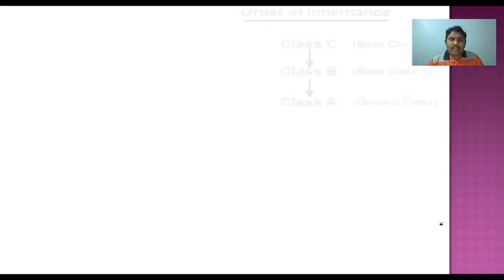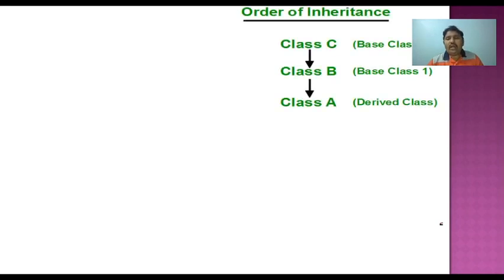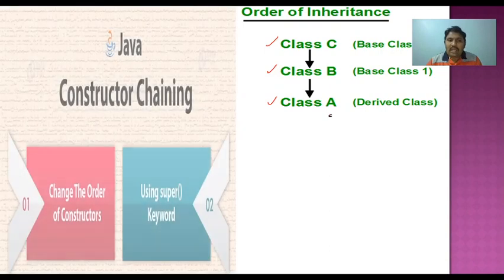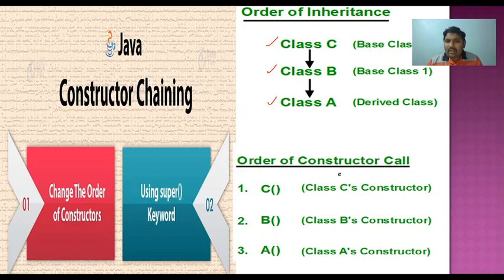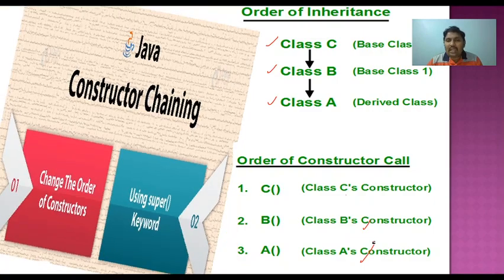So this is how the program is going to be executed. So the next topic is the order in which constructors are going to execute. For example, if you have class A, class B and class C, what is the order of the constructors? The main base class is class A. From class A, class B is inherited. From class B, class C is inherited. Now, let us see the order. First the class C constructor is going to execute, then after that the class B constructor, then after that class A. This is called constructor chaining. One constructor is calling another constructor.